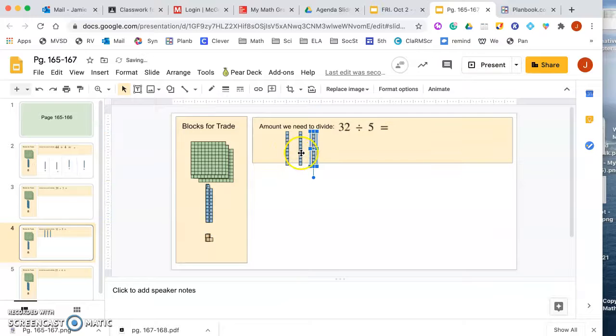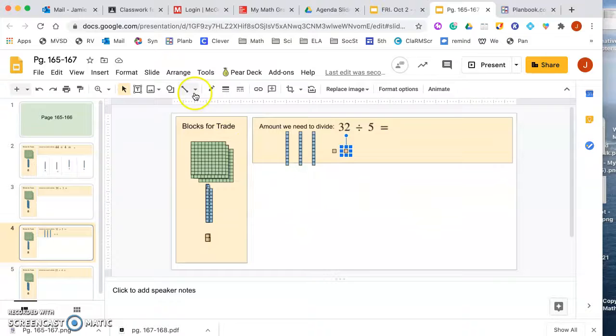There's 30, 10, 20, 30, and then 1, 2. Now this time it says divided by 5, which means that I need to split this white area here